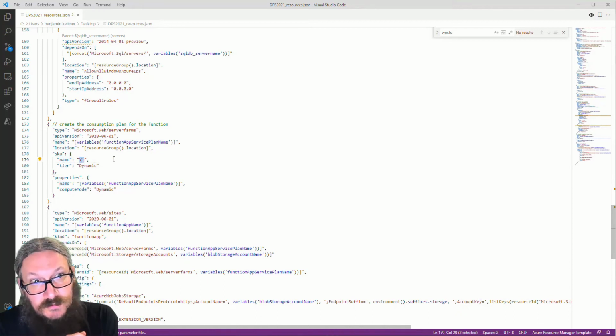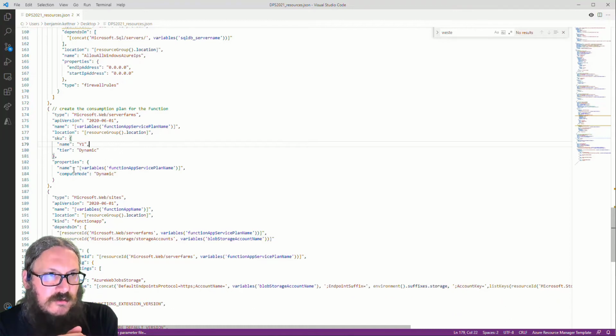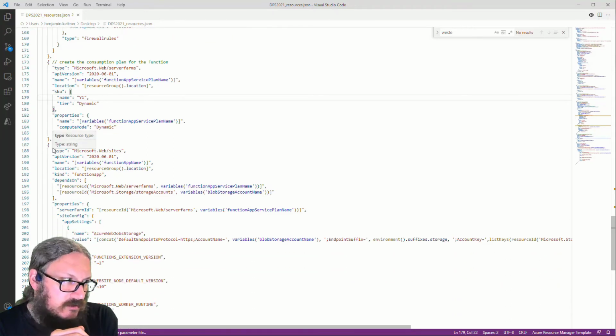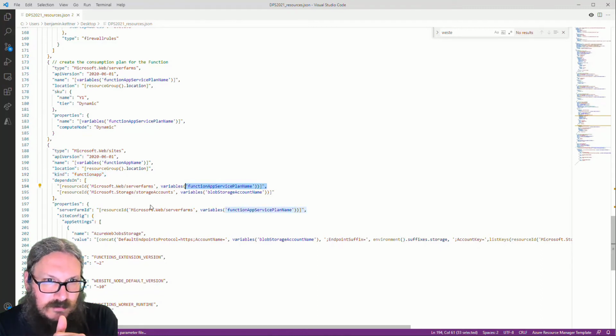You could also use a premium plan. Premium plans are also serverless plans, with the difference that they have warm spares, warm standbys, and not cold. So they scale a bit differently, and the cost is calculated differently. However, for our demo purposes, the consumption plan is fairly sufficient and was sufficient for most applications that I've seen so far. Then we create a function app that depends on the app service plan, of course, because